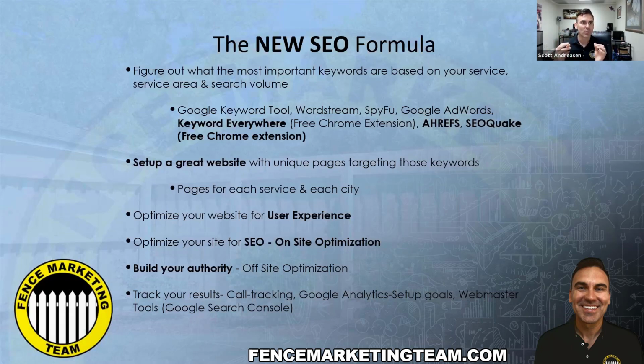And the only way you can effectively do that is to individually track each one of those calls with a unique call tracking number. So how we do it is all the clients for these different channels have different phone numbers set up that ring to their main phone. And then this way they have a dashboard they can log in and they